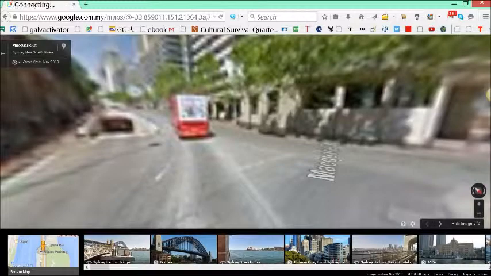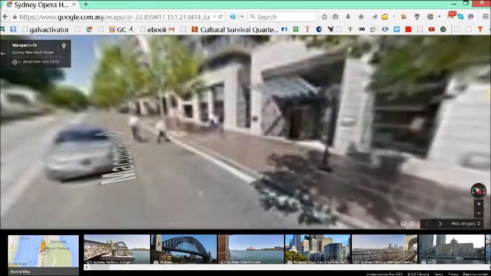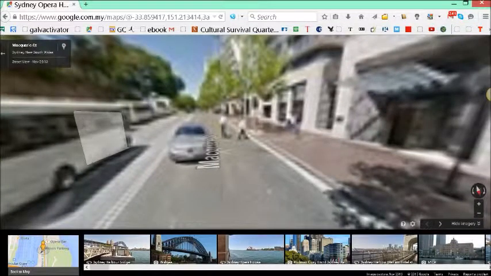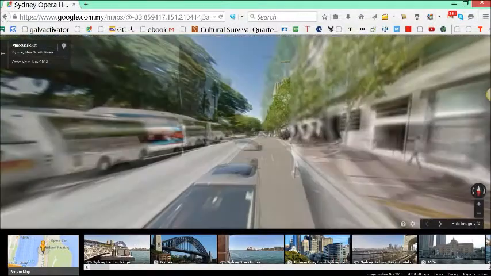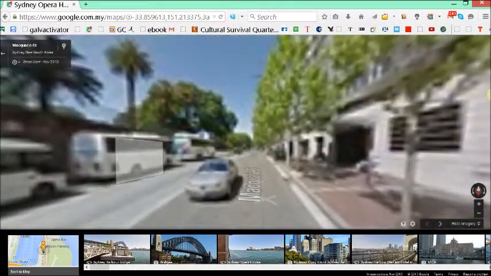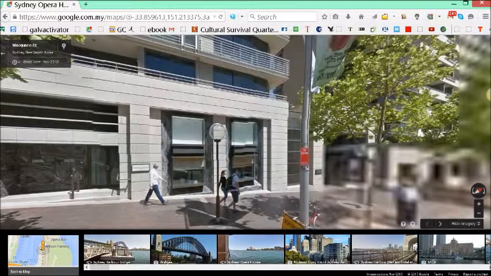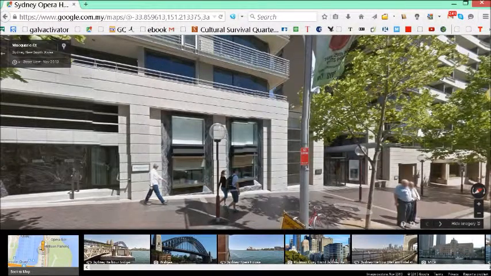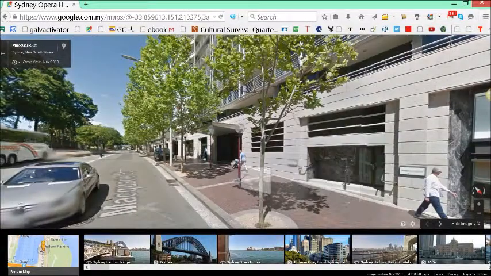So we can search around the immediate location around Sydney Opera House. If we can find somewhere cheap close to Sydney Opera House, that would be best. The buildings look quite expensive, and as we can see here,